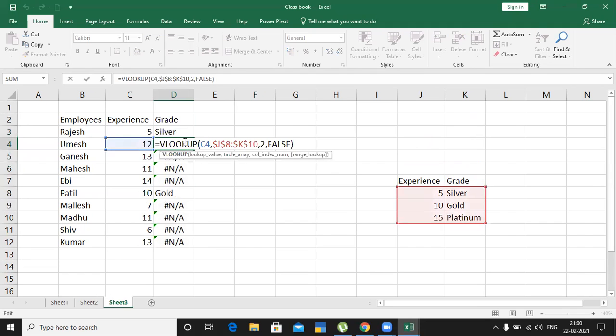So what is going to happen here? The lookup value is C4, then column index number 2.